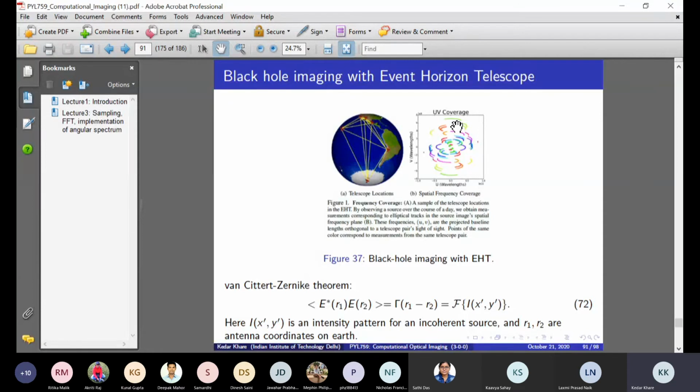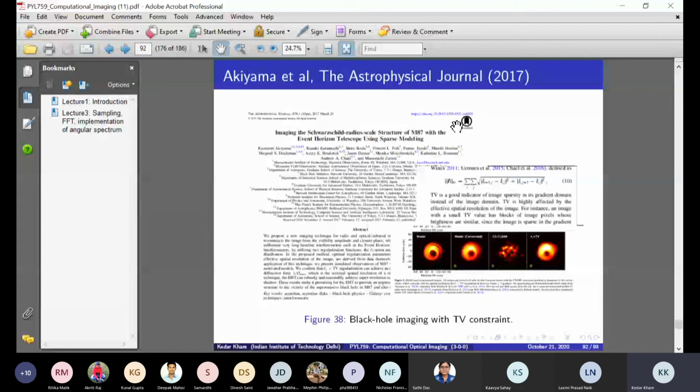So design of hardware is number one thing. And the second thing is to be able to recover an interesting image out of it. So both the things are important. The hardware is important, algorithm is also important, okay? But combined, you can get such results that are really at the forefront of science today. And so what we are learning, I may show you simple images like cameraman or the IIT Delhi logo or things like that. But the same principle is going into much bigger experiments.